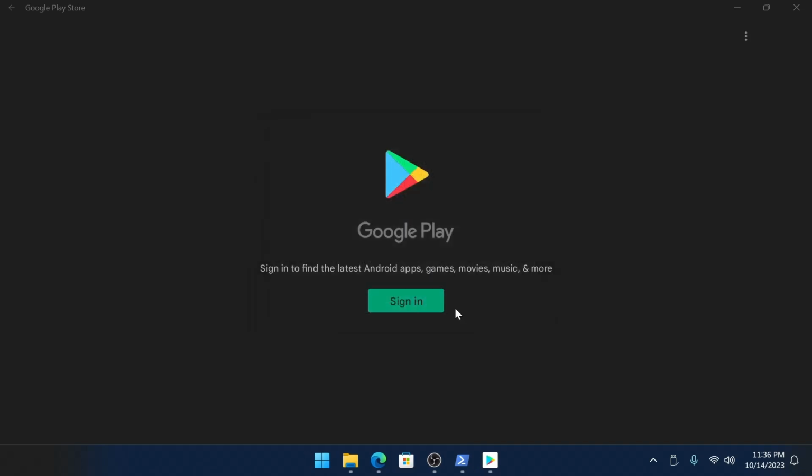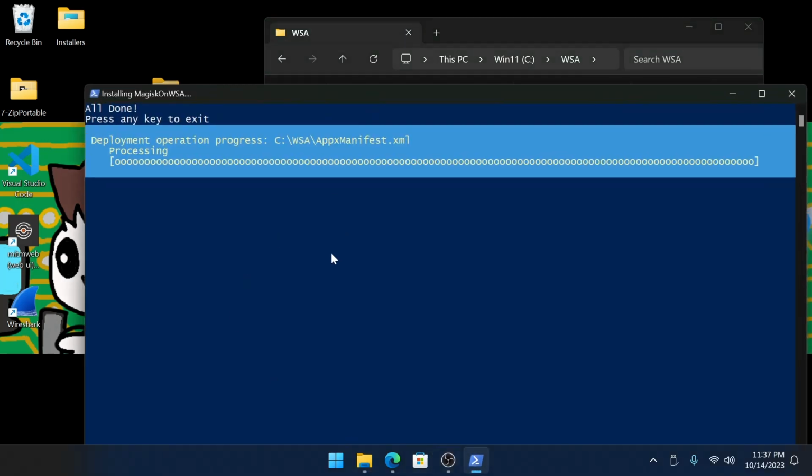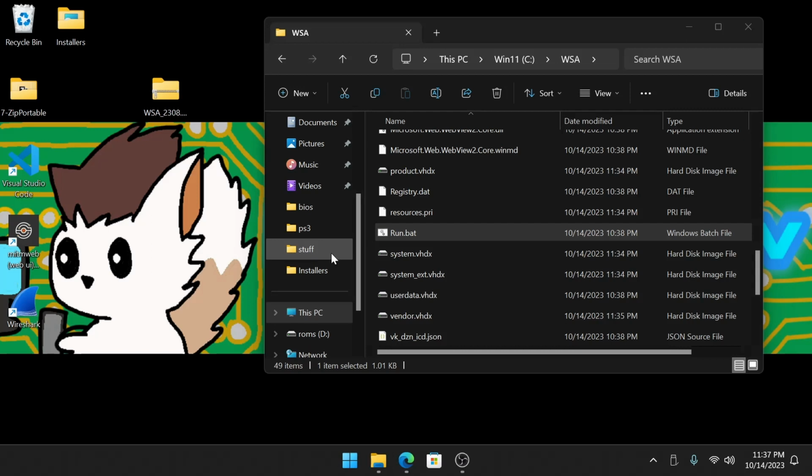And here, you will have to sign into your Google Play account. So you go ahead and do that. I'm going to cut out the process of me signing in so you guys don't find out my username, password, all that. Alright, now that the Google sign in is complete, the window will automatically close. Sometimes you may have this PowerShell window already open. It just says all done, press any key to exit, so just click space. And after that,